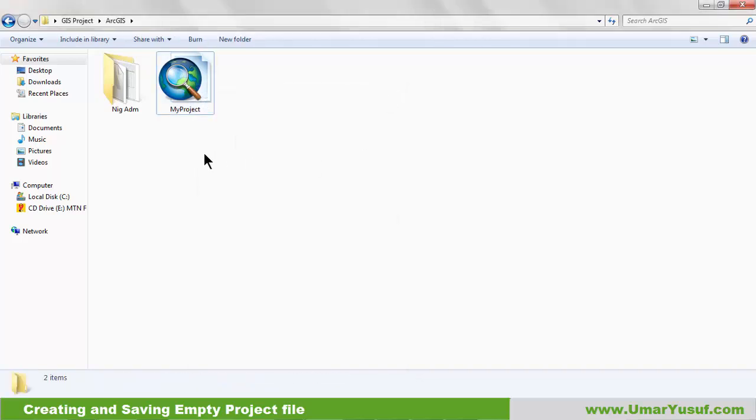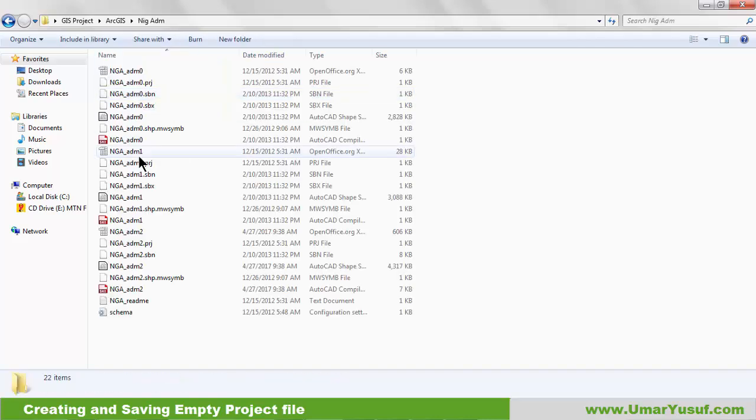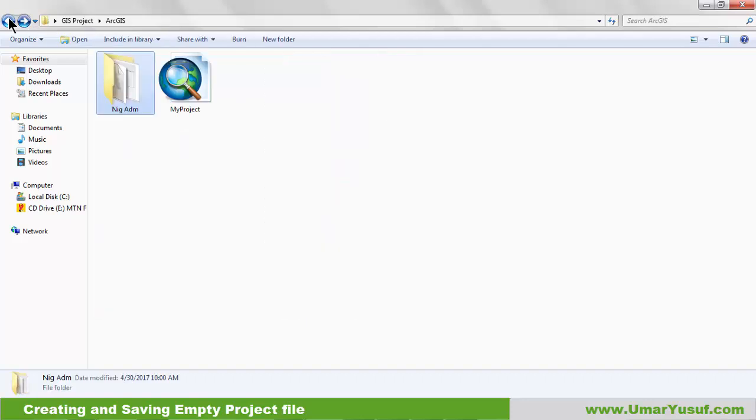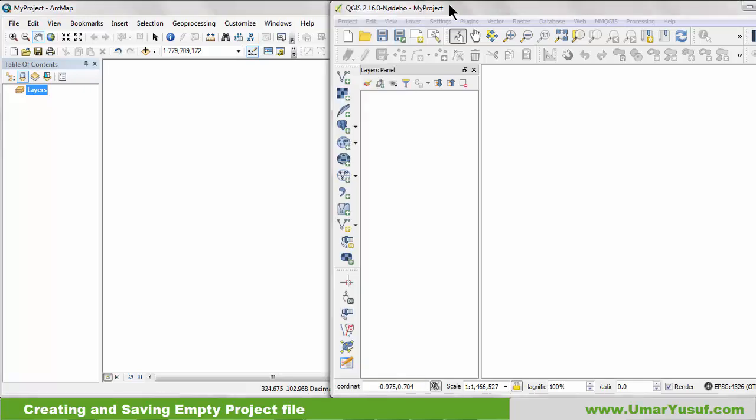So here in the ArcGIS folder, I have my project file, and then I have my data file, which is a shapefile for the country boundary of Nigeria. So having done with how to save a project file, now let's see how we can add a data file inside the project file. And the data file we are going to be adding is a shapefile we downloaded from